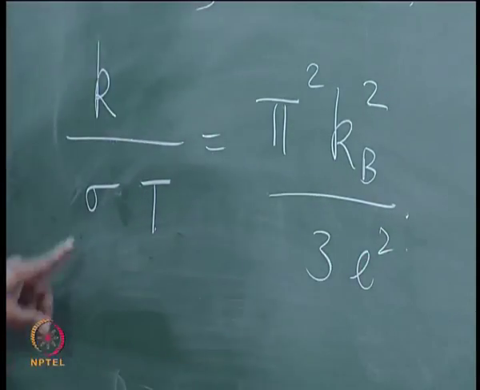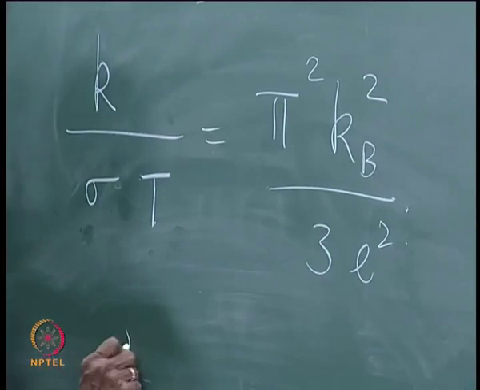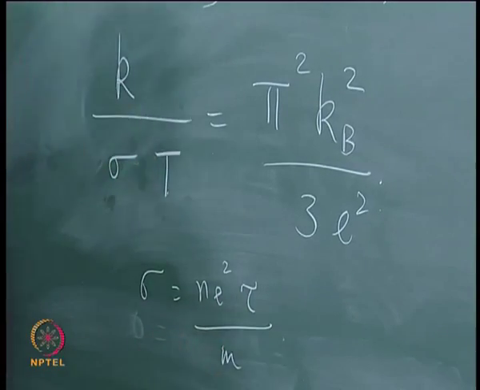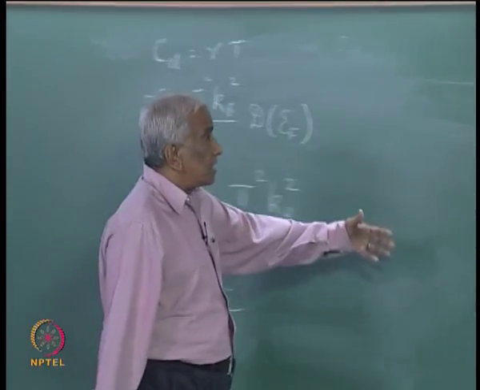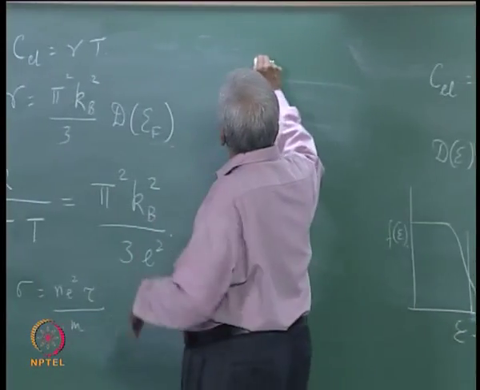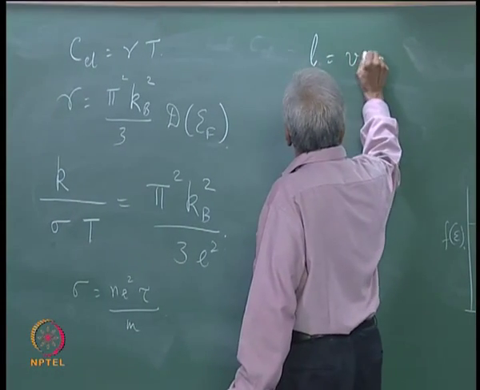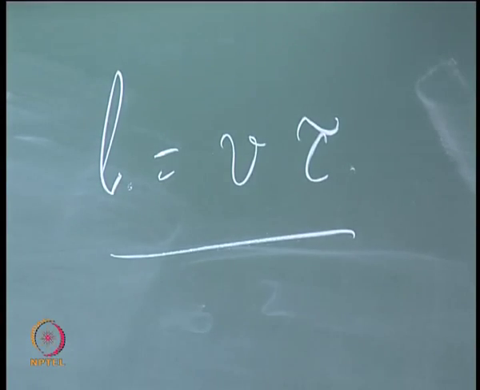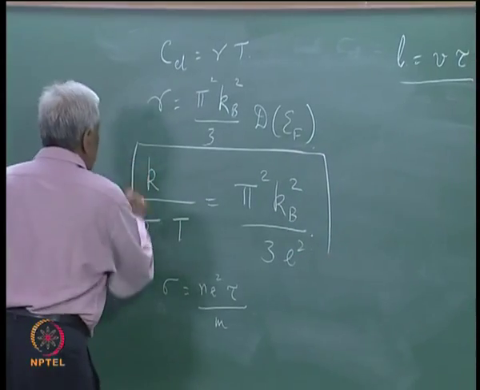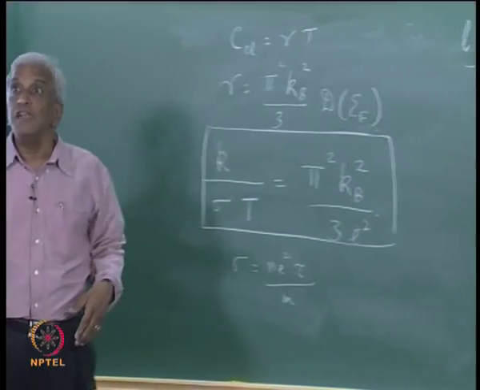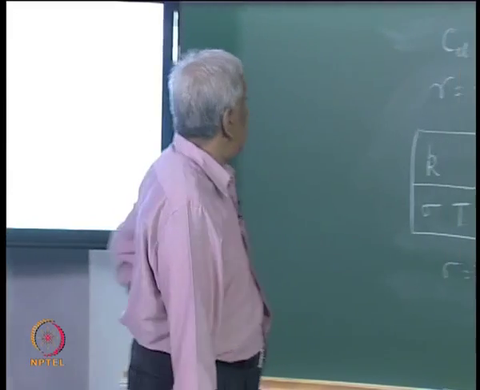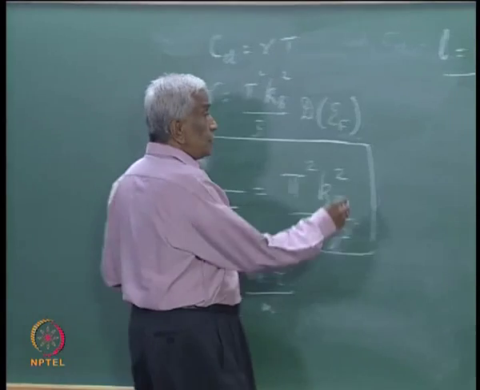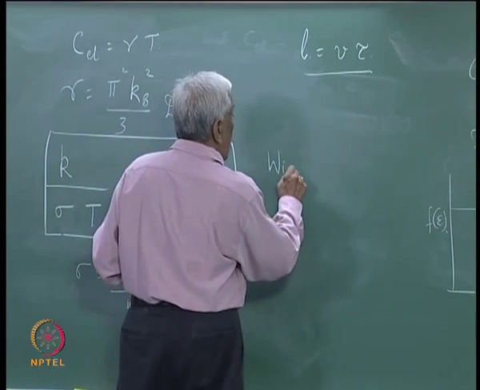This is because we know the Drude expression sigma equal to n e square tau by m, and therefore we have the kinetic theory expression for the conductivity in which the mean free path can be written as V tau. So, that is how, simplifying this, we arrive at this very interesting expression which is valid for the free electron gas in metals in general, which is a very interesting relationship known as